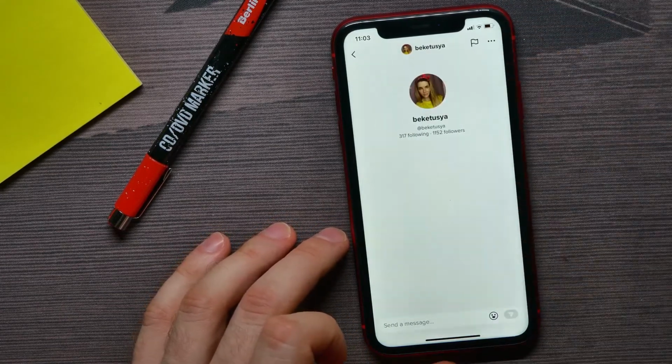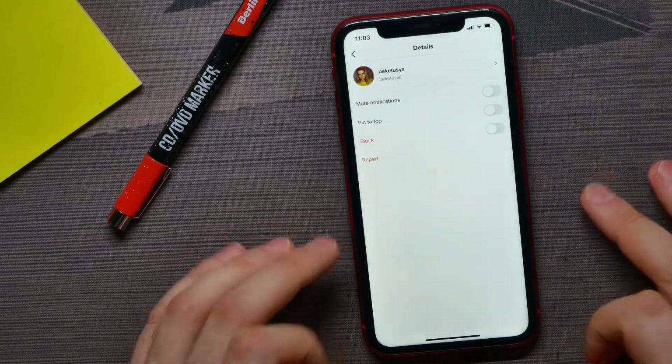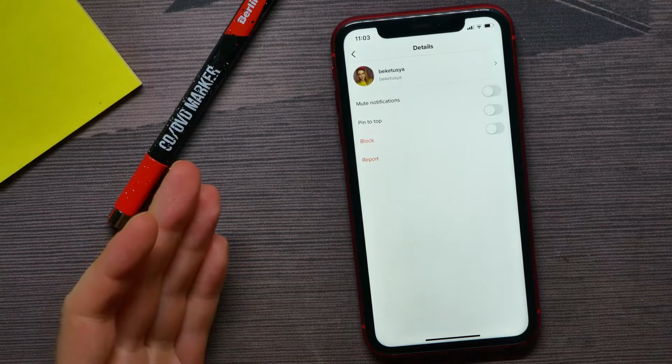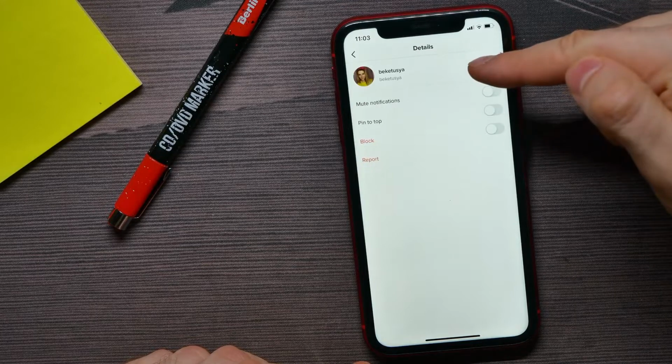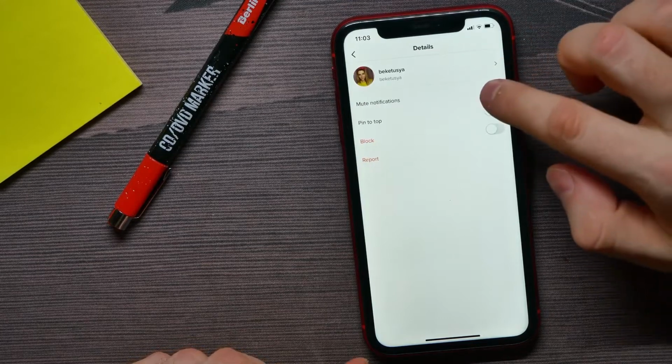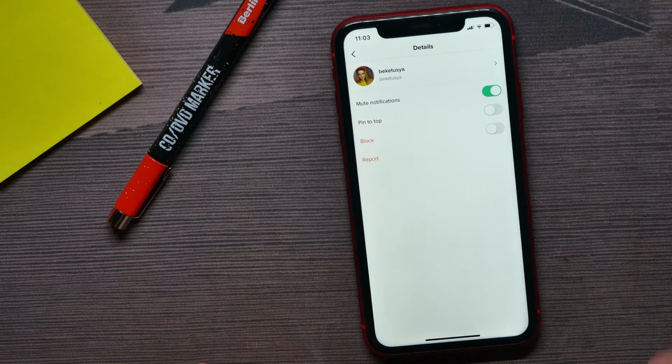Once you are in the conversation, just tap the three dots icon and here it gives you an option to mute notifications from that specific person. Just enable that option and from now on you won't get any notifications from that person, even if